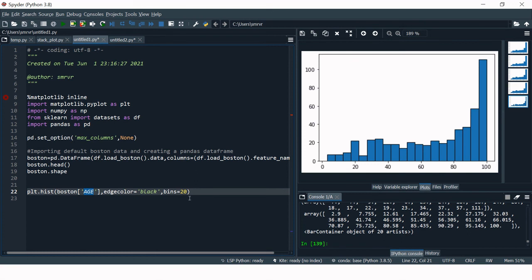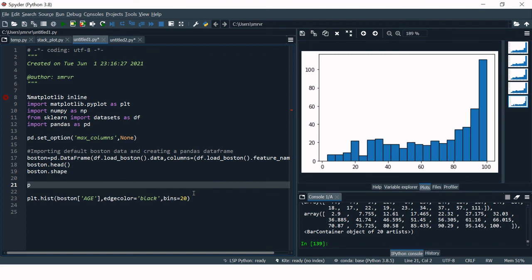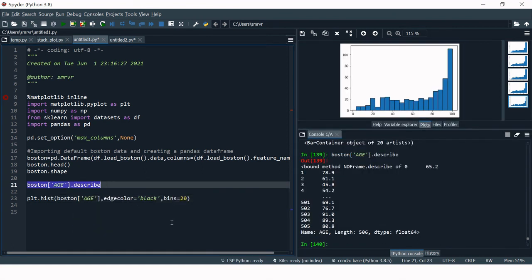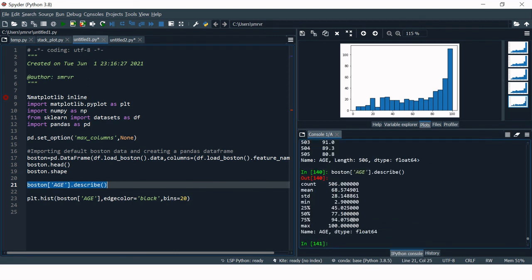Let me show you how correct that is. For that you can just use Boston dot age, and let's see. Here we go. You can see the minimum age is 2.9 and the maximum age is 100 years.